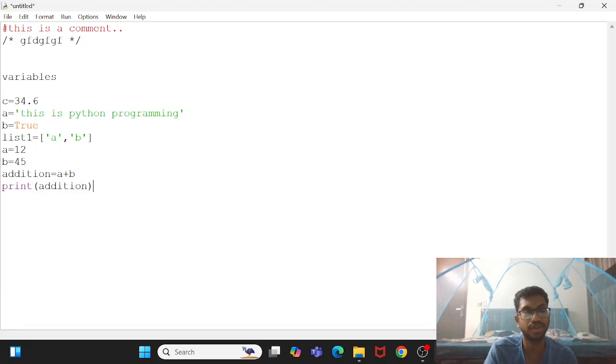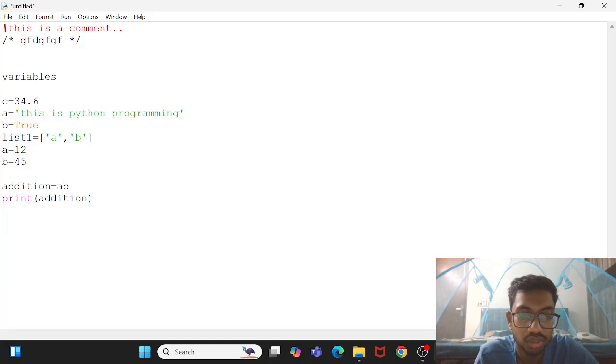So like this we can use variables to perform some basic operations. Values mean data, we store data in variables. So these are the different ways in which we can use variables, right? This is an addition operation on variables. We are using the addition operator like this. We can use